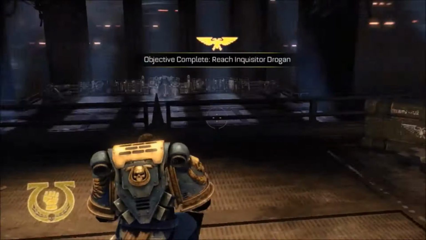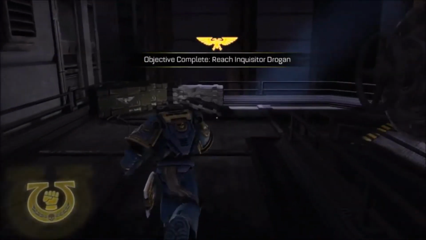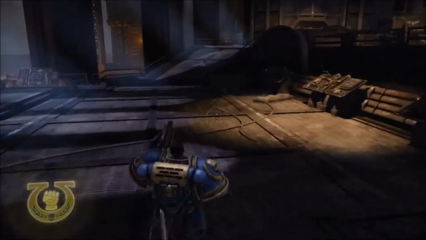Inquisitor, Ordo Xenos. Repeat authorization. Drogon, prepare the power source for immediate release. One moment. Master, repeat disregard authorization. All safety protocols and...